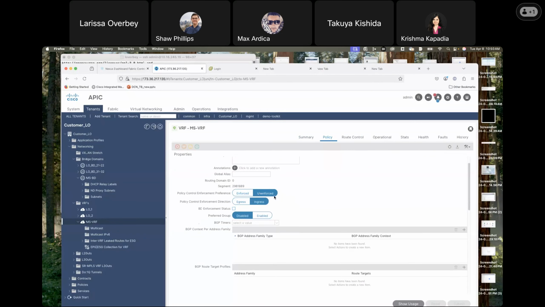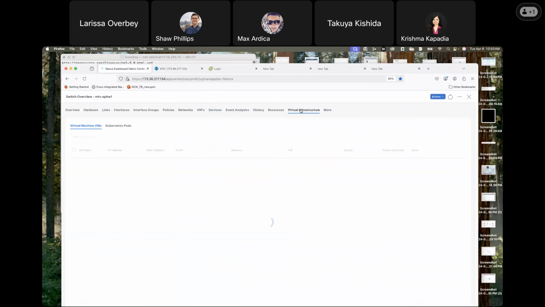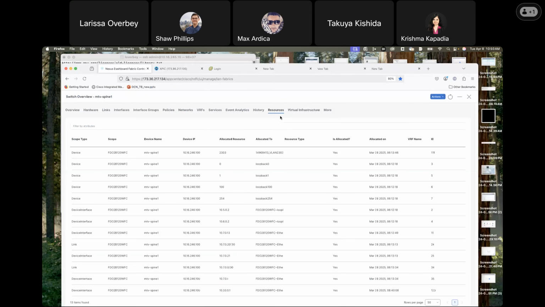This VRF is currently in unenforced mode. All right, so now we have the .10 and the .20